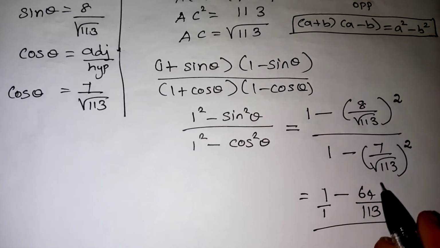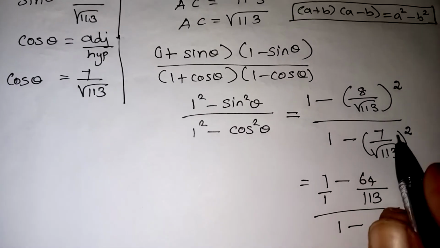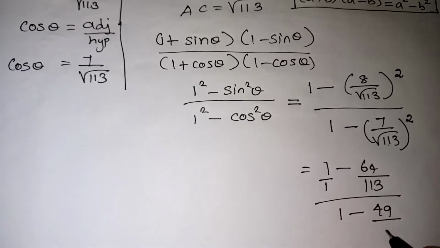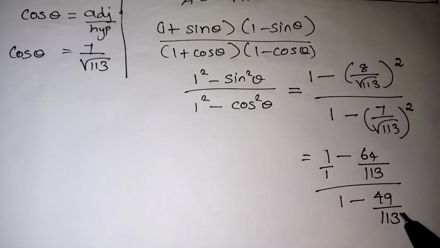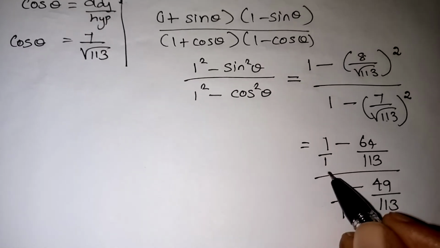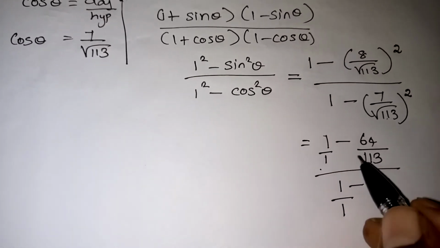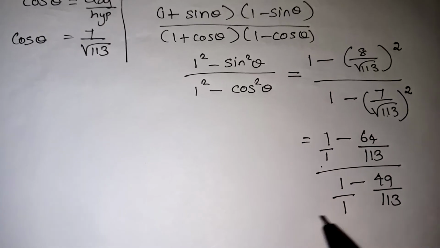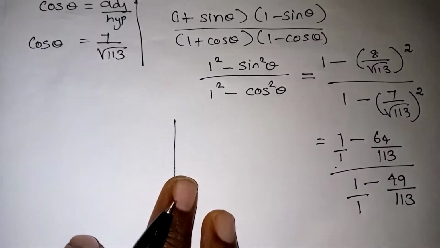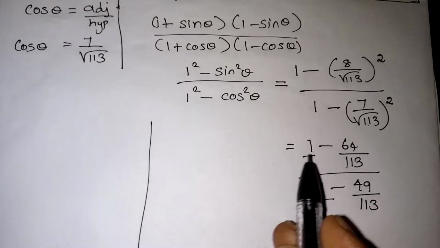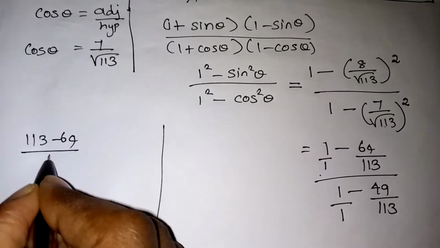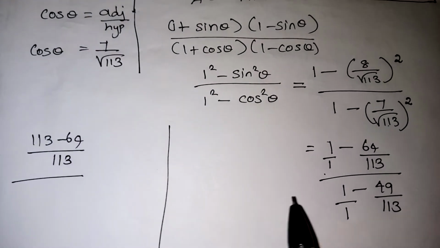Here the next step, here also 1 minus 7 squared will become 7 7s are 49 divided by 113. Square and square root will get cancelled. So this is what we are getting. Now we should go for the LCM. For 1 and 113 the LCM will be 113 only. So here for 113 and 1 we can write it as 113 minus 64 by 113 divided by,